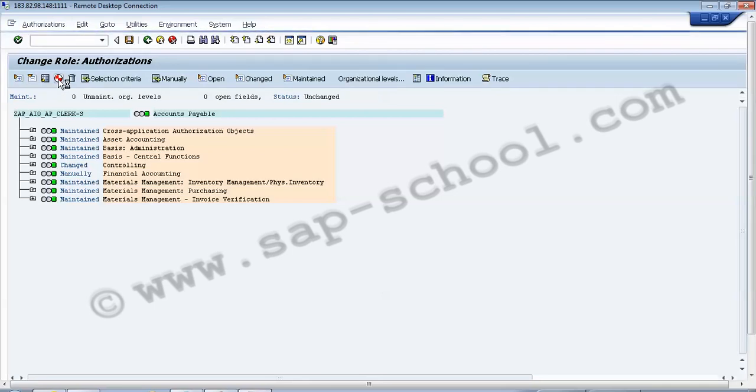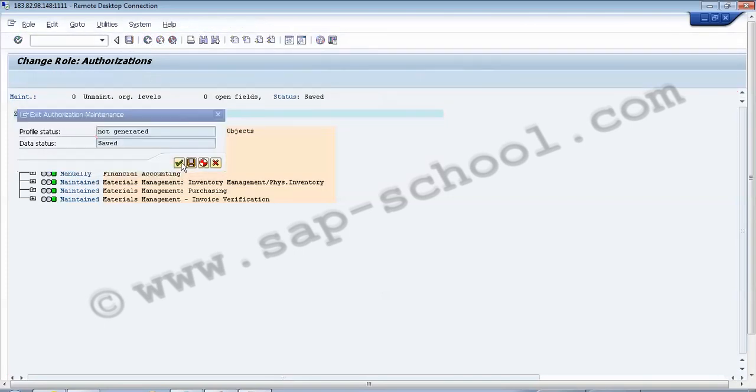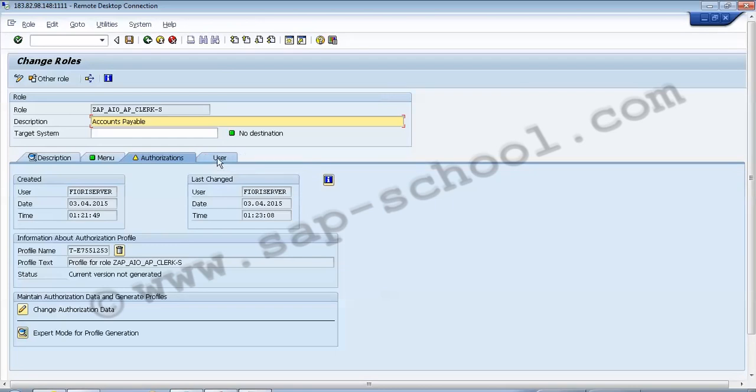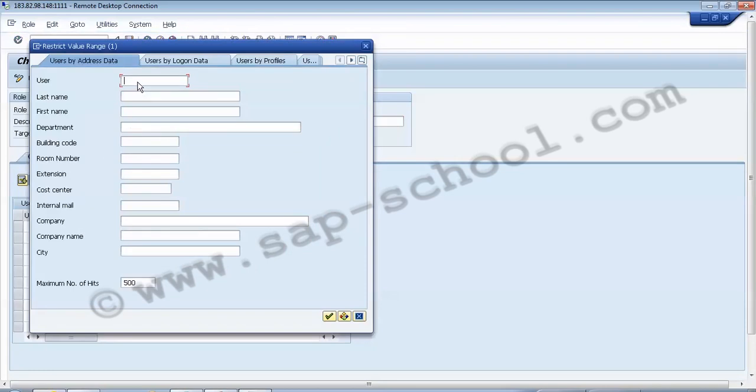It is taking time to fetch the user list which is there in the system. Now we can see that all these users are existing in this system. So I can select the user to which I want to assign this role.